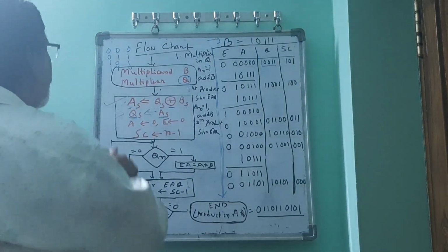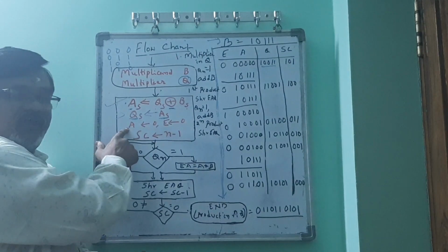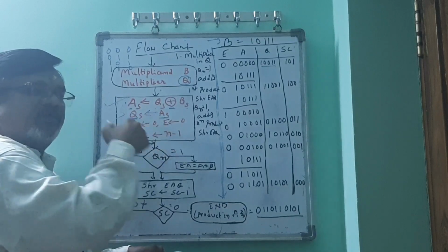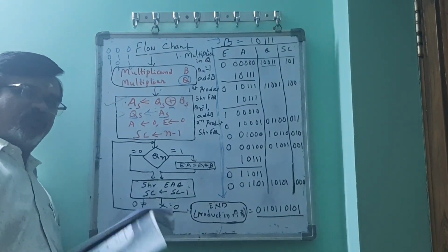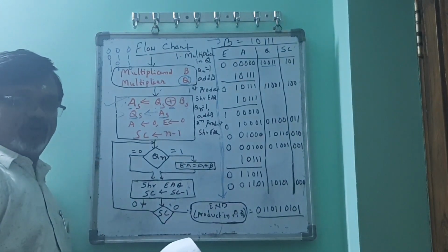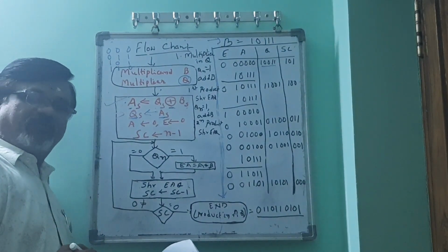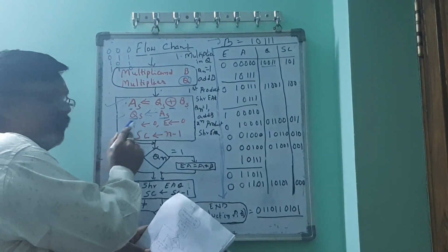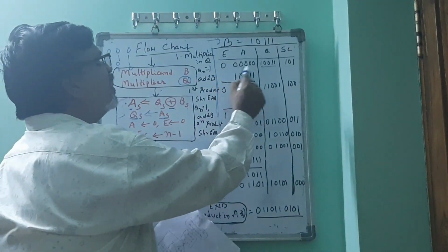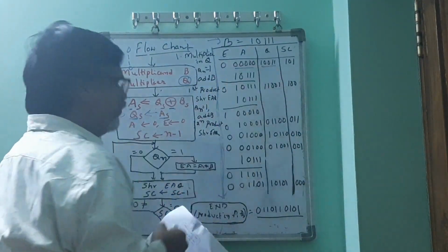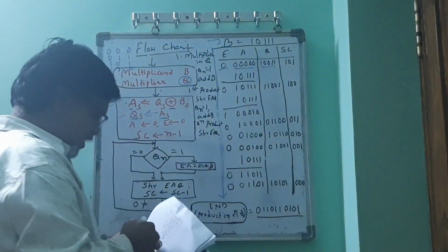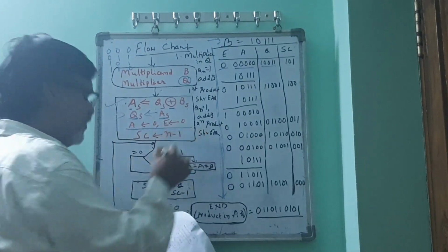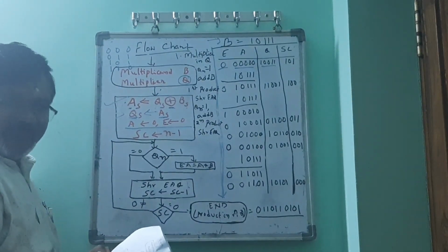And the third step we are performing is clearing the register A and flag bit E to 0. Whenever you perform in your C language, some temp is equal to 0 or sum is equal to 0, like you do, initial values will be 0 in most of your C programs. That's why here also the register A will be set to 0. Initially the register A is set to 0 here. E also is set to 0 here. So this step performs initialization of the register A and the extended flag bit E.